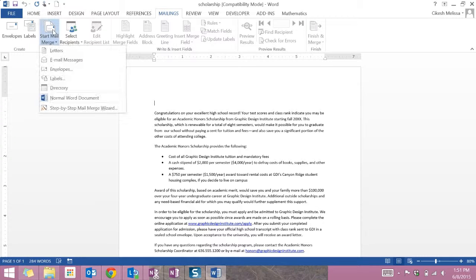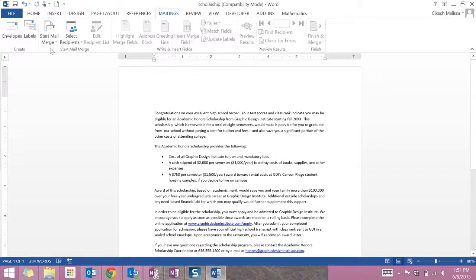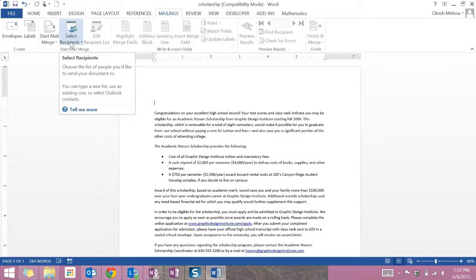I'm going to click on Start Mail Merge, and I know that this is set up as a letter. Typically, most people are either going to be creating a letter, an email message, or a label. That's probably the three most common things that mail merges are going to be used for. You notice that nothing else really happens to your document except for the fact that the Select Recipients option now